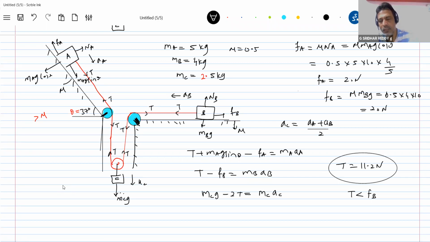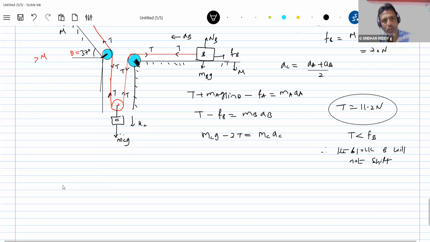Therefore, block B will not shift. Got it? Whenever an inclined plane comes, you have to be a little alert. We can't just blindly approach the problem. We have to cross check. And now if block B doesn't shift, the problem will become